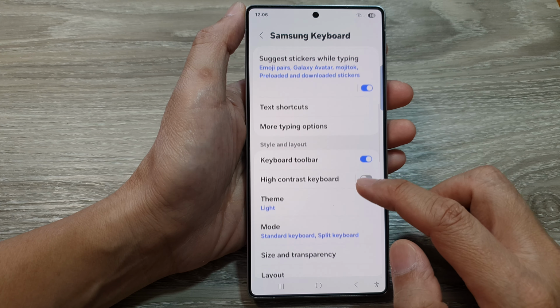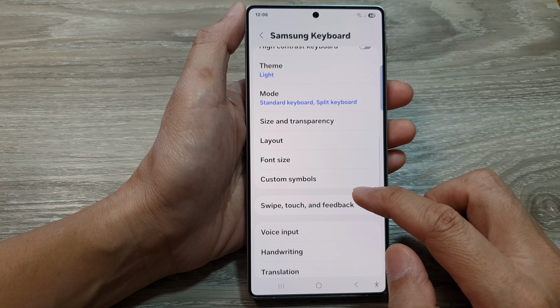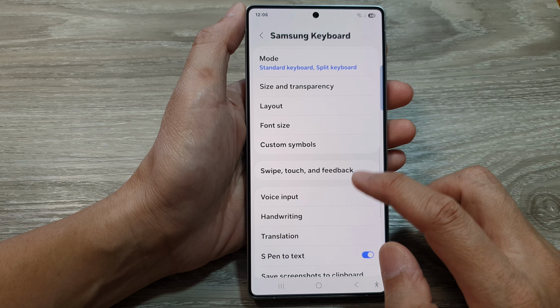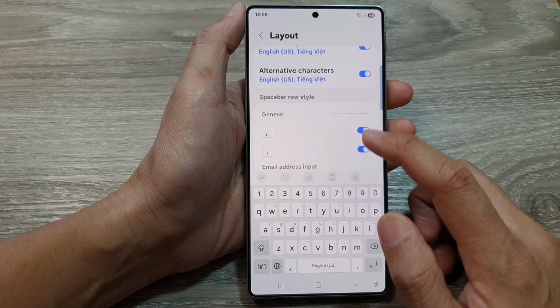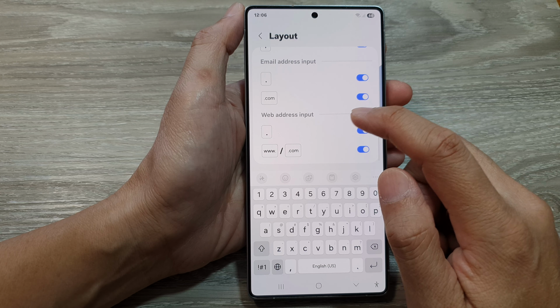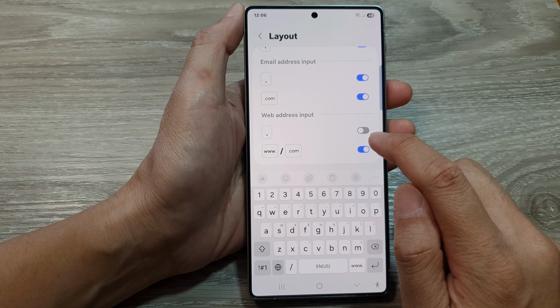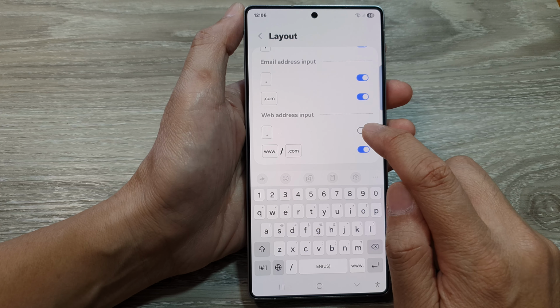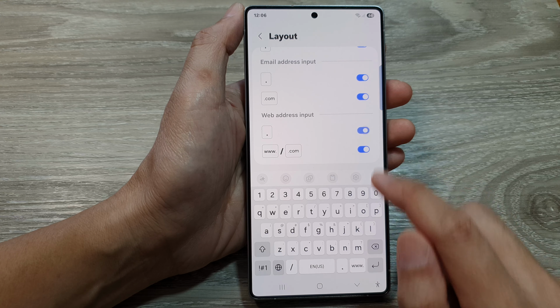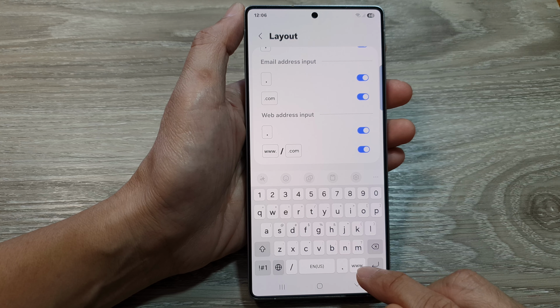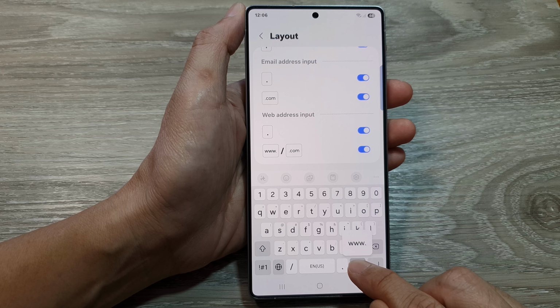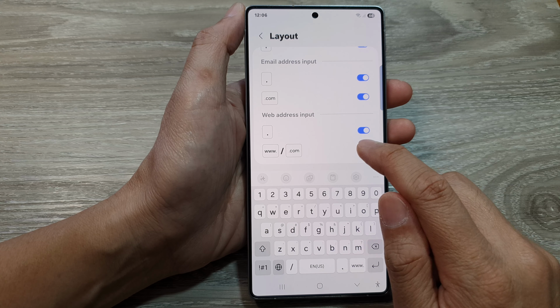Then scroll down, and in here tap on Layout. After that, we scroll down to the bottom and go to the web address input section. In here, you can tap on the period key toggle button to add or remove the period key from the bottom spacebar row. Here, if you don't really use the www key or the .com key, you can also switch